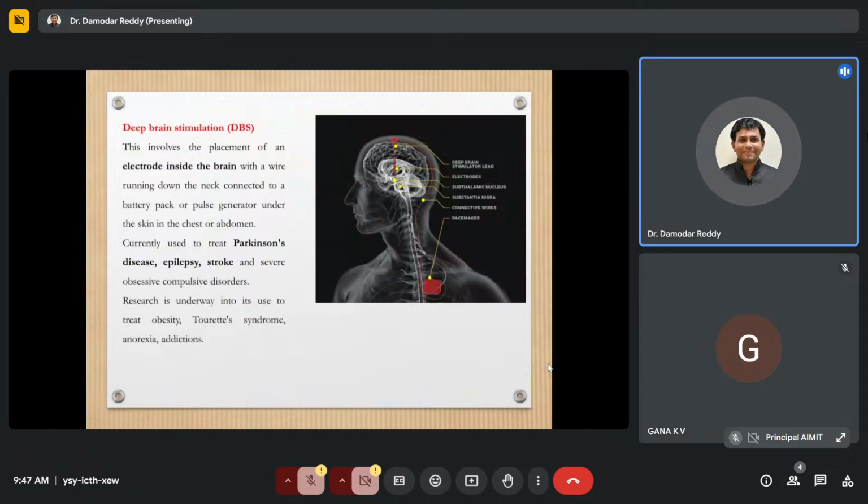So in DBS, normally we place an electrode inside the human brain. Inside the human body, attached directly to the human brain. This is an invasive mode of data acquisition, not a non-invasive mode. The other side of the electrode wire has a battery pack that is implanted inside the body, and we record the real-time brain signals over a specific period of time.